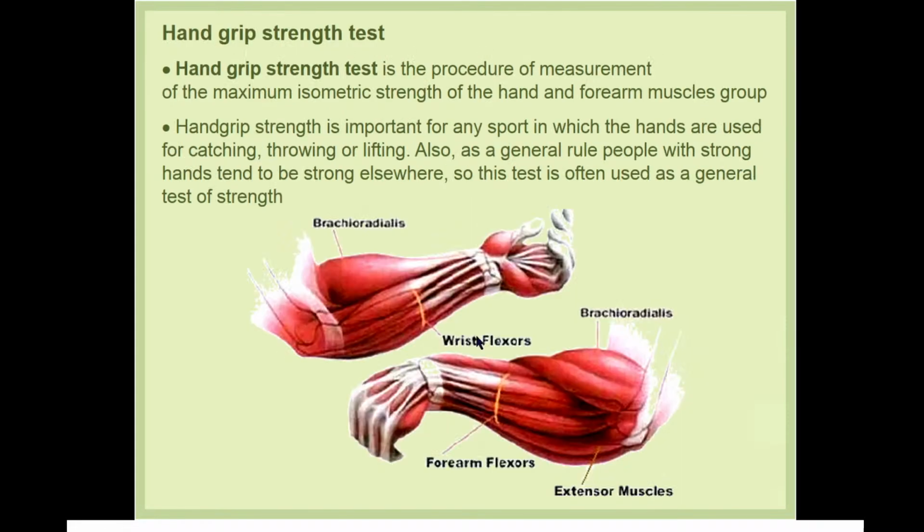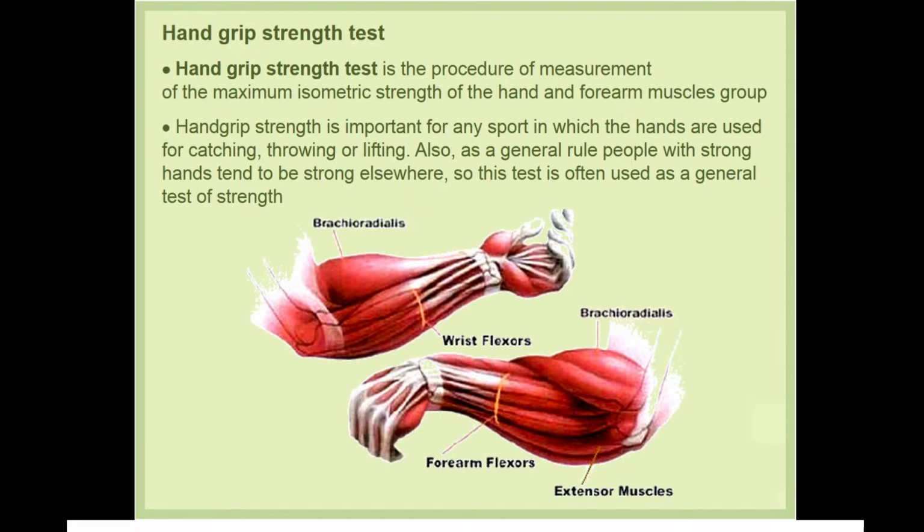And this isotonic contraction is the kind of contraction of the forearm muscles that may be investigated, and the force developed by the groups of the forearm muscles may be measured. This method is the hand grip strength test. It is the procedure of measurement of the maximum isometric strength of the hand and forearm muscle